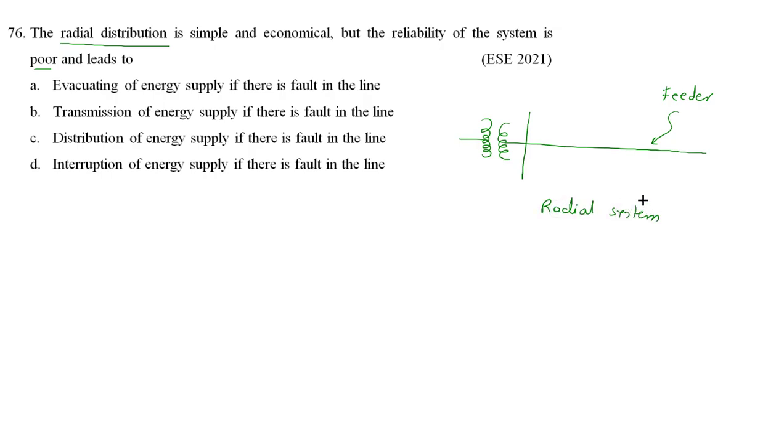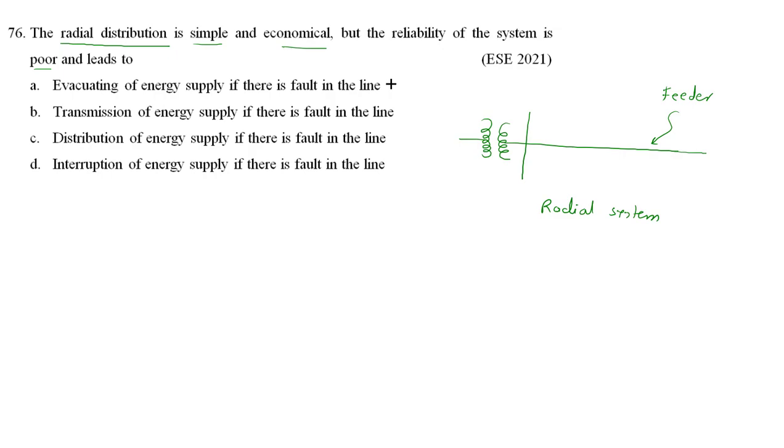In case of ring main system, every feeder will have more than one source. Here there is only one source. What is the problem with this? This is simple and economical. In India the distribution system is mostly radial, almost 100% radial. Only in case of very important loads can we have a parallel feeder or ring main system, but mostly we have a radial system. What is the problem with this is that it leads to